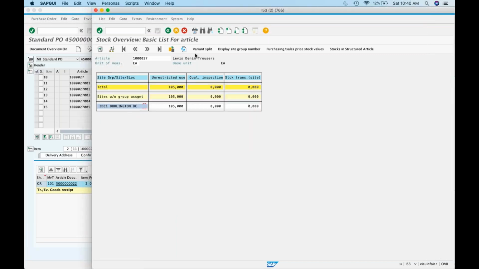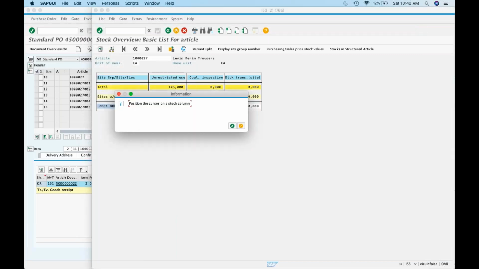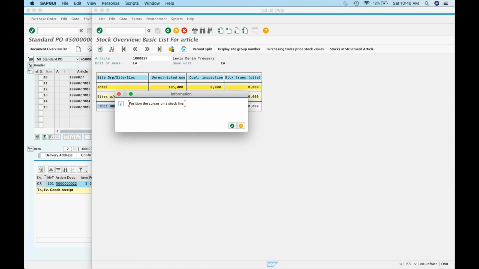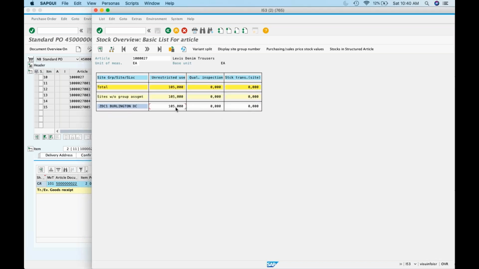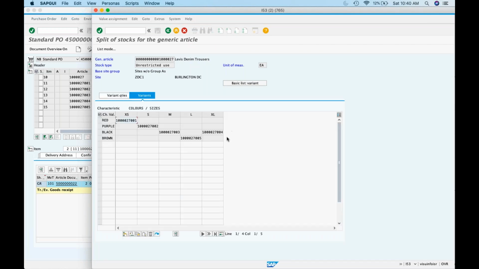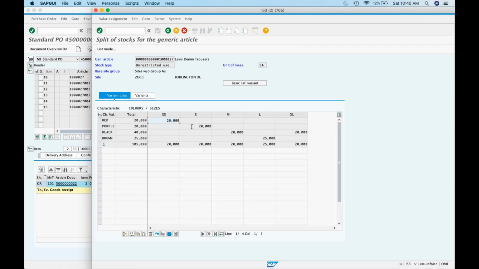You have to select variant. Now it will show how much stock is there in each variant. So variant excess medium, how much quantity is there. Here in large it is 25. Is that clear? So this way.